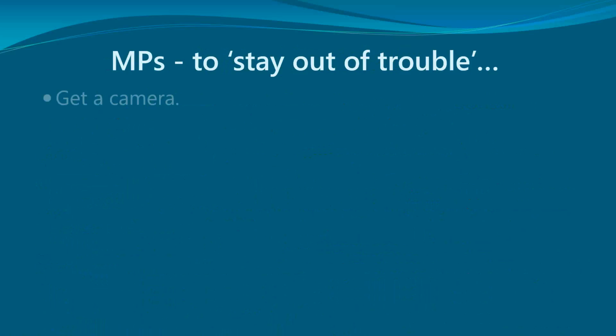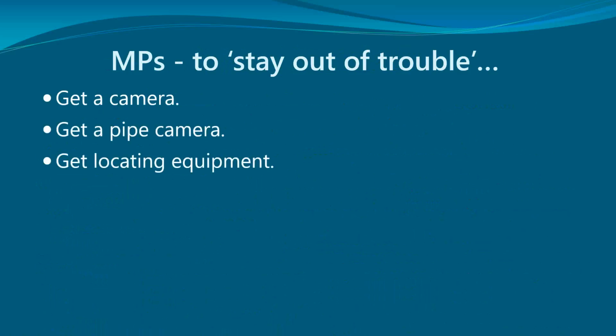And particularly for MPs, it's the same stuff I brought up the other night. Get a camera, get a pipe camera, and get locating equipment. I guess I could confess that I sometimes do maintenance on my own systems without a pipe camera, ones that I put in recently, because I know where everything is and it has access provisions. But certainly if you're going to do maintenance of systems that are not yours, you're going to need a pipe camera to locate things, especially if you're maintaining systems before the regulation. Pipe camera not only to locate but to inspect and so on.